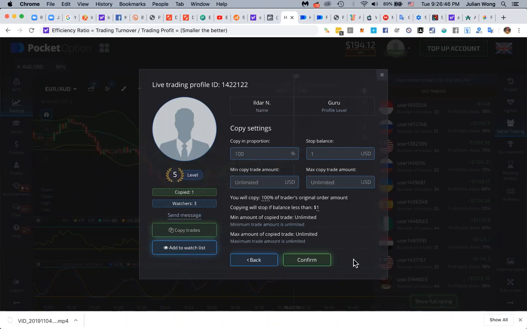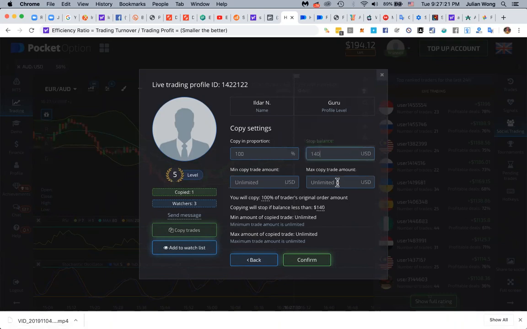If you are not clear about it, please ask me questions now, because not understanding this part is going to cost you to wipe out your account real fast. There are people that I copy who place $1,000 trades every single time. But that guy, I saw from his trading history that he only does $1,000 trades, so he's consistent. So therefore, I follow him 1%, and I do a stop balance for that guy.